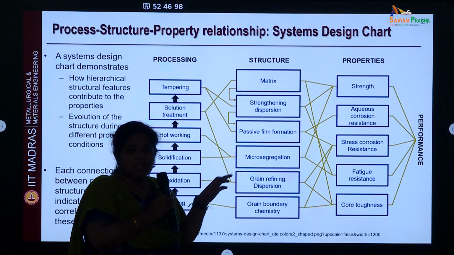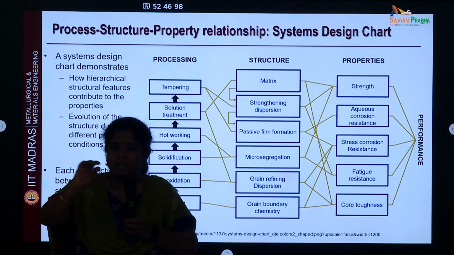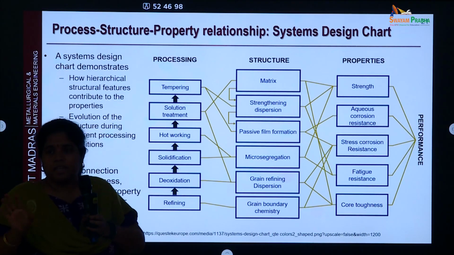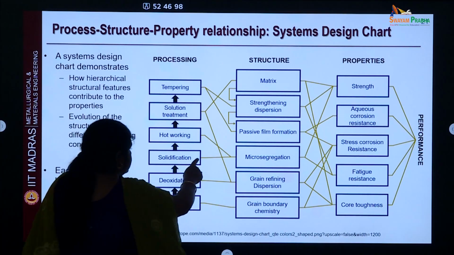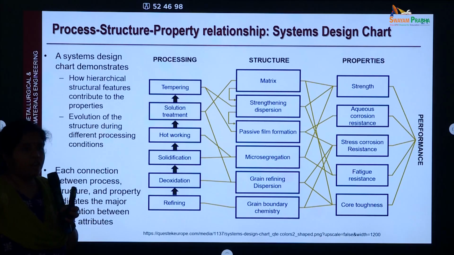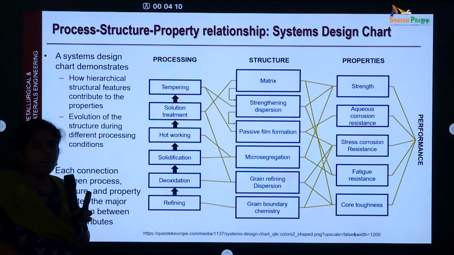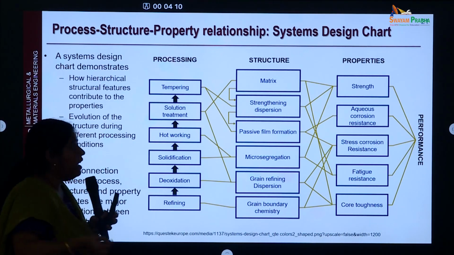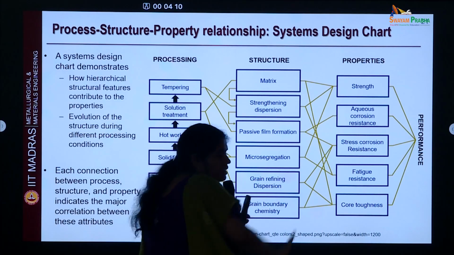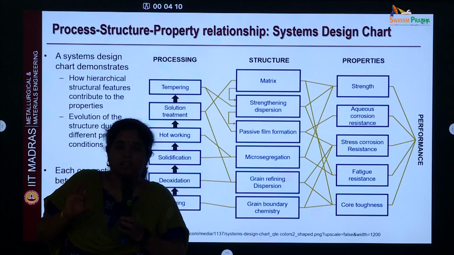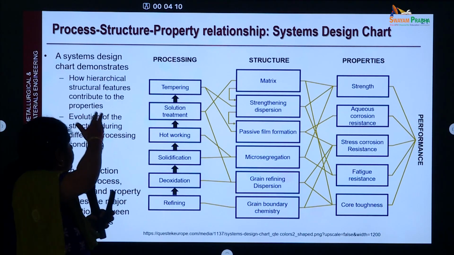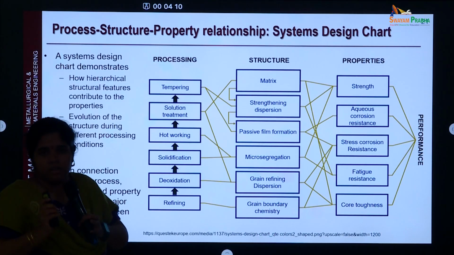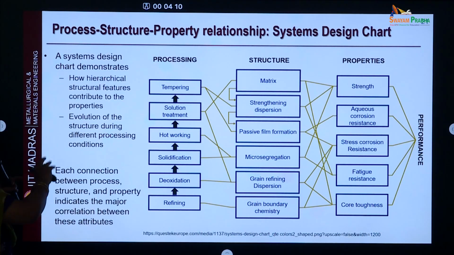It is affecting the segregation. That is, certain elements alone getting segregated in certain parts of the material. That is called micro segregation. That is in the microstructure. So that is affecting it, but it is not affecting anything else. Please note, it's not like you put lines to every box here. You need to understand how the processing happens so that it affects the structure. And when you have this structure, what property is affected. So the most important task here is to get the linkages between the processing, structure and properties. And that gives rise to a very nice thing called the systems design chart, and this is very, very useful for designing your material.